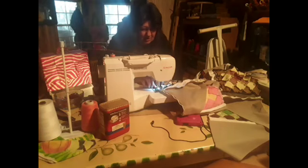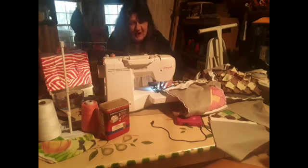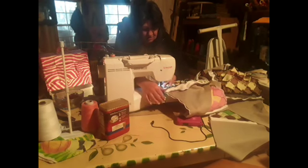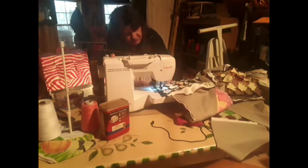Alright. Now, since I can't see it, and I know it's further down, what I'm doing is I'm holding my finger on where the sewing is going to go, and as I go down, I make sure that my foot pedal is where it needs to be on it, so that it will sew the material. It's going to be a little bit...